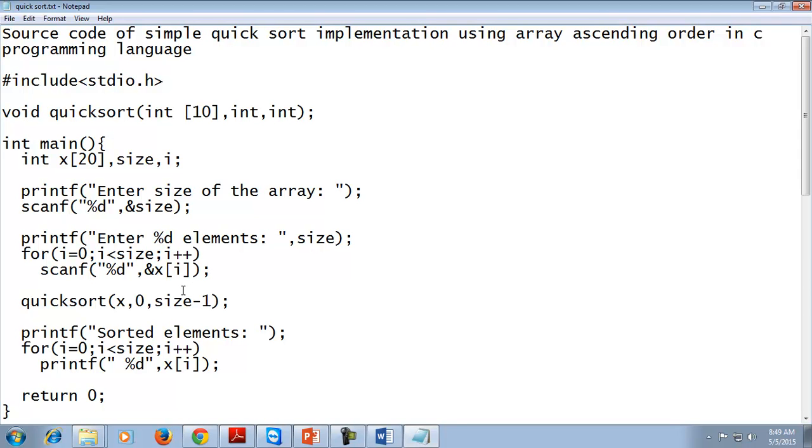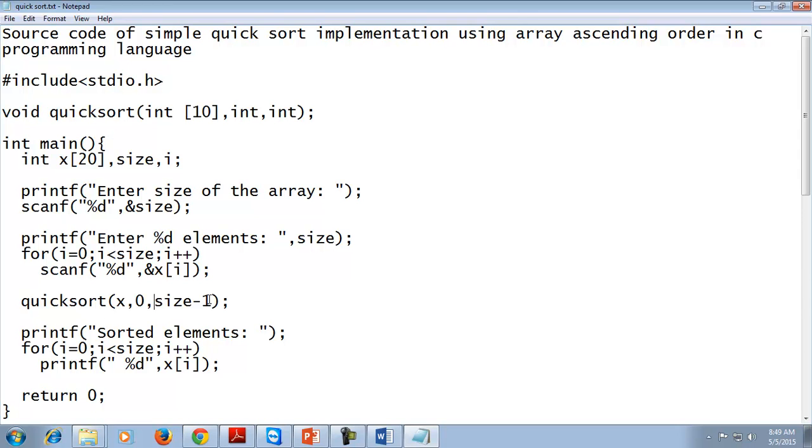After inserting values in the array, the next step is to call the quick sort function, and in the quick sort function we pass the array, lowest index, that is 0, and highest index, that is size minus 1.